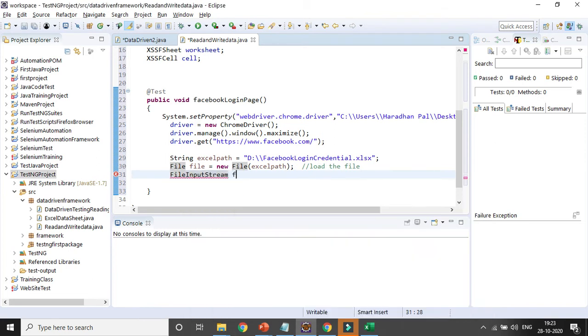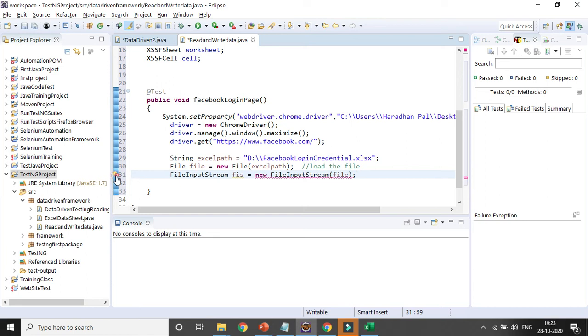So I am declaring a variable FIS equal to new FileInputStream, and here you need to provide the path of the file, and close with a semicolon.